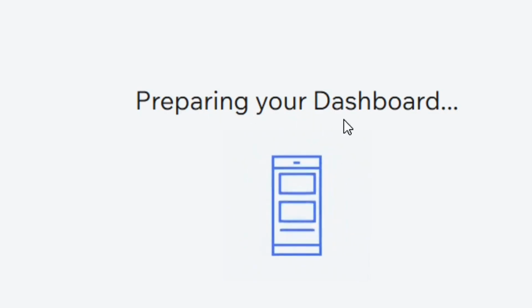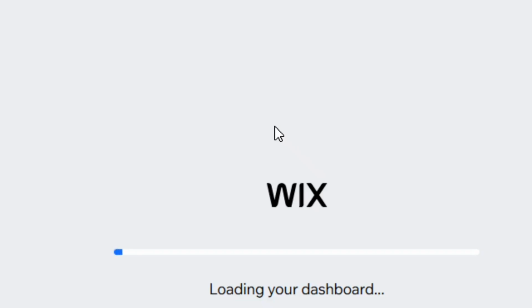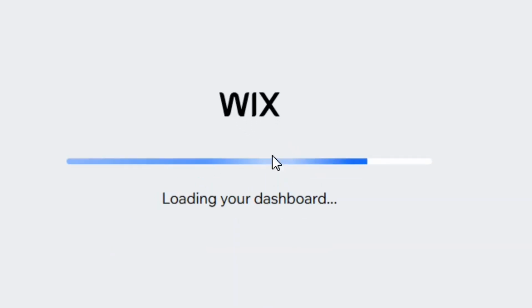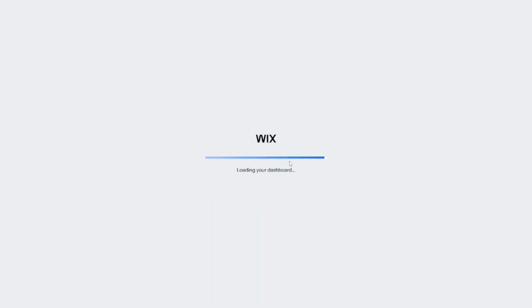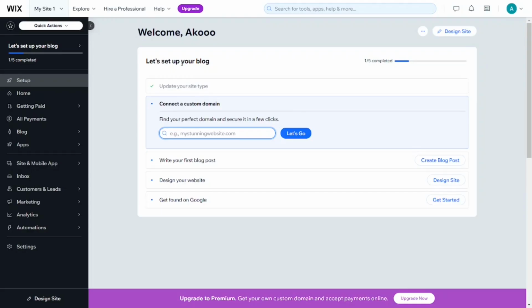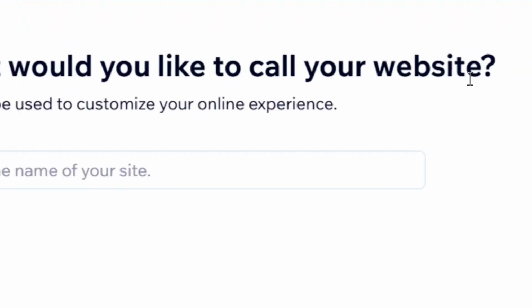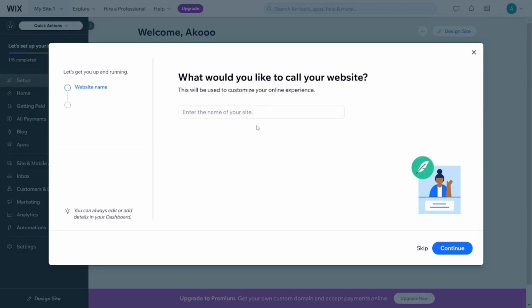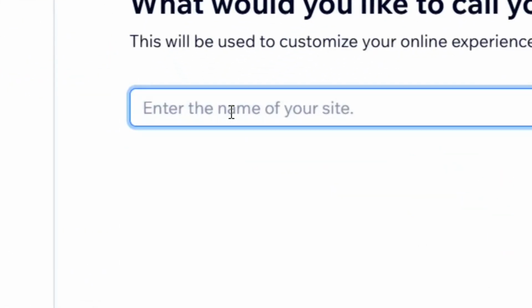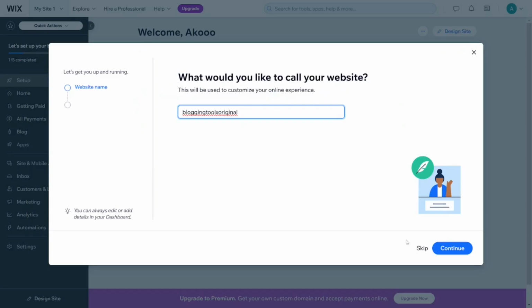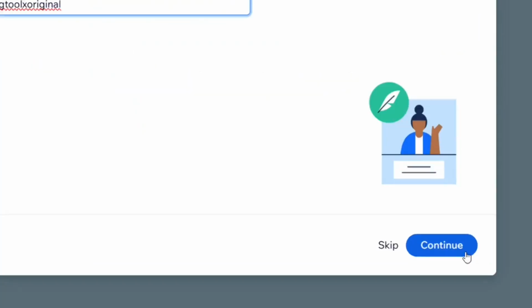continue. As you can see, they are preparing my dashboard for me. Just wait for it to finish, and you will see that our dashboard has been created. Over here they are going to ask you what you are going to call the website. I'm going to call it Blogging Tools Original, just like this. It depends on you, and when you're done,